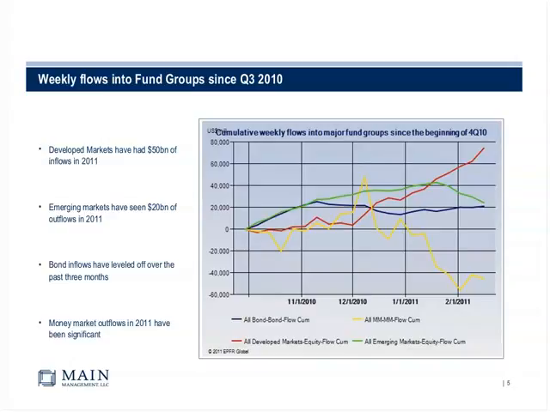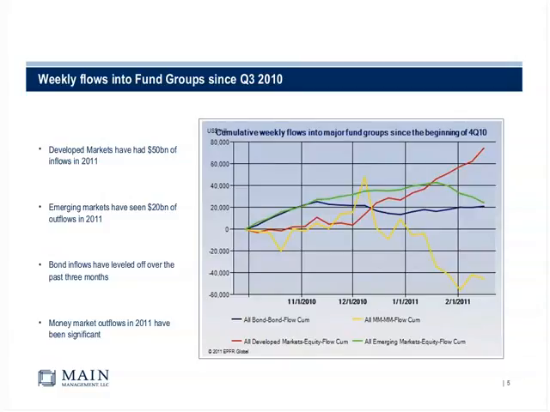What's interesting is on the developed side, we've had year-to-date 50 billion of inflows. Just to compare, the comparable time frames for 2009 and 2010 had 20-plus billion of outflows. So you've got a delta of almost $70 billion already right off the bat here. Whereas the emerging markets, all of last year for 2010, had 100 billion of inflows. So we've already had a fifth of that money flow out in the last month and change.